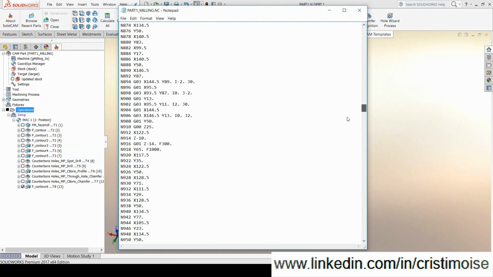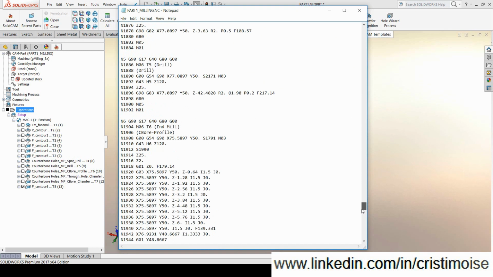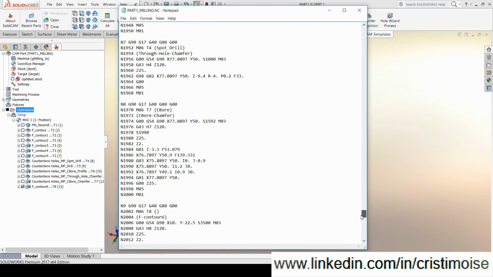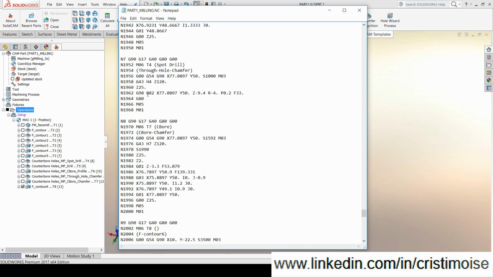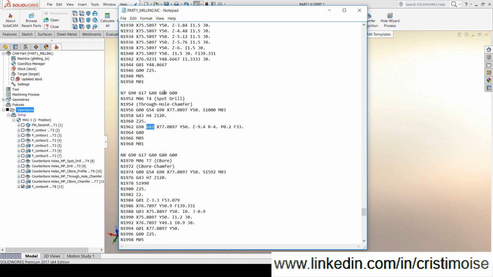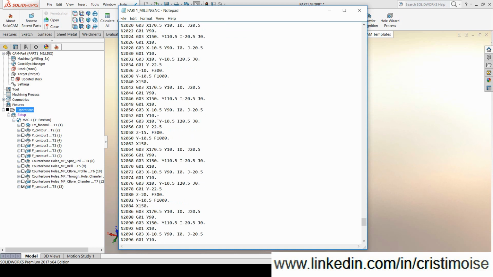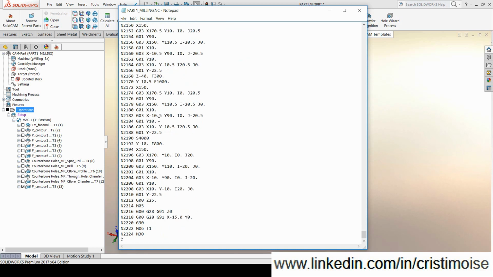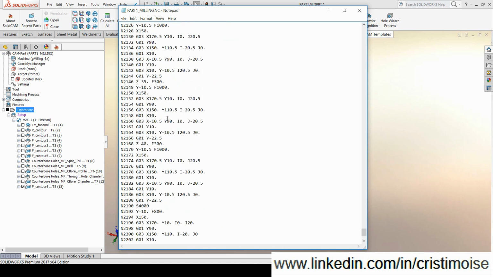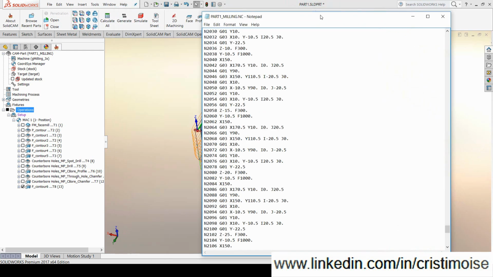We're using Notepad, which is good. Okay, I have here the spot drill. It's G82. Okay, the counterbore hole and the end of this